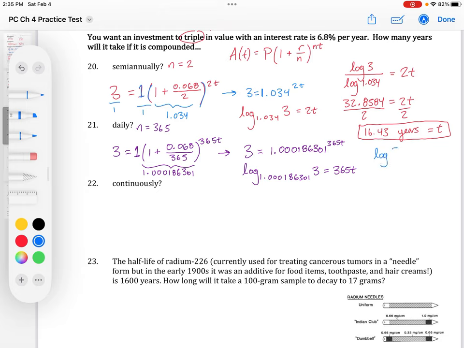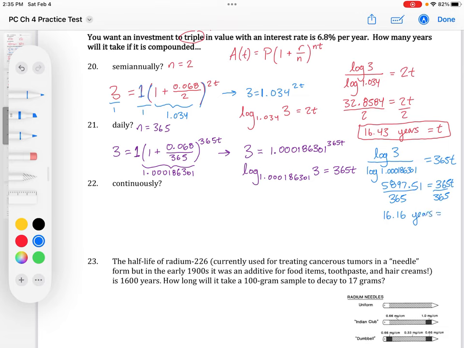So we'll have log of 3 divided by log of 1.000186301 equals 365t. This number ends up being 5,897.51 equals 365t. And then lastly, we can divide by 365, and if you do that, you get